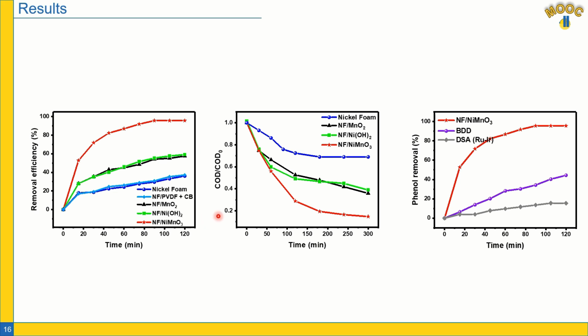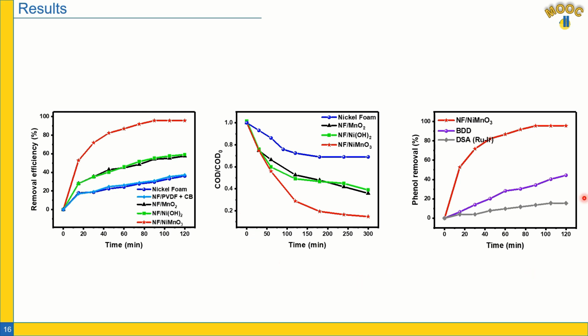We also checked COD. COD is an abbreviation of chemical oxygen demand. Chemical oxygen demand basically indicates how much organic pollutant you have in your wastewater sample. It's not just phenol; all the intermediates produced from the phenol that you have oxidized are also included in this COD measurement. As you can see, we could remove 80% of COD